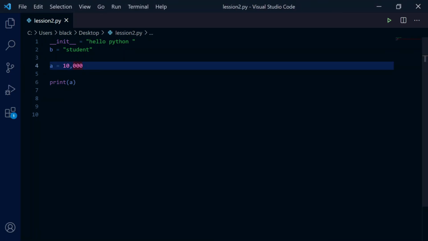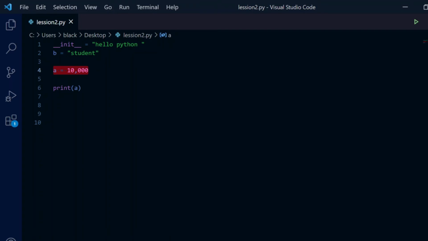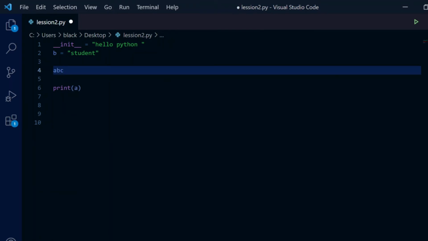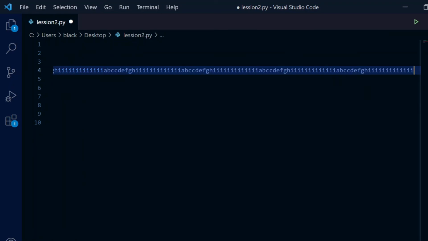And there are two more things to discuss. First, there is no length limit for variable names. We can use any number of characters. Let's say A, B, C, D, E, F, G, H, I. Let's add something like this, copy it and paste it a few times, and let's assign 2 to this variable.